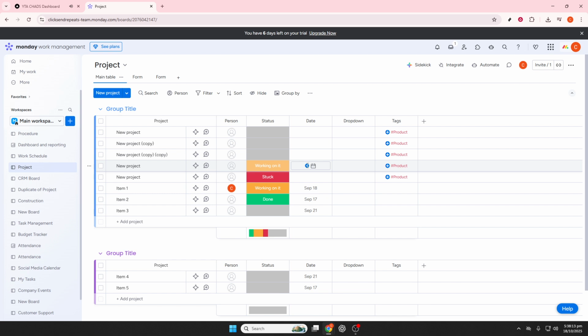With all of these capabilities, accessing and utilizing email templates within Monday.com transforms your email communication into a more streamlined and